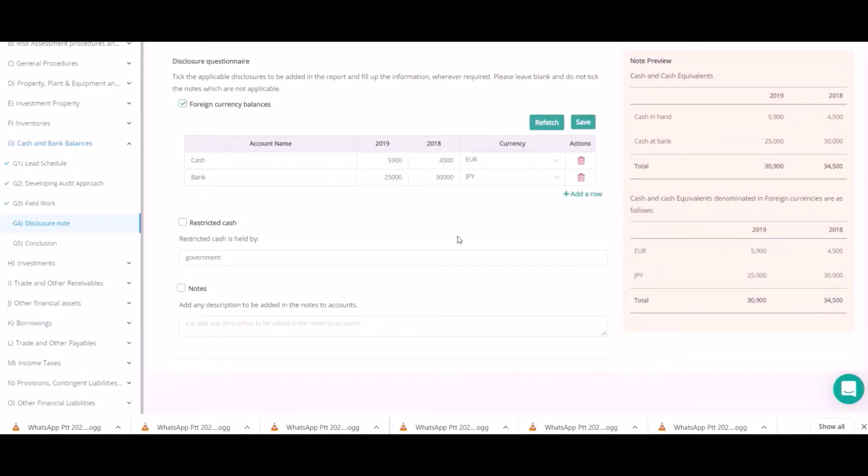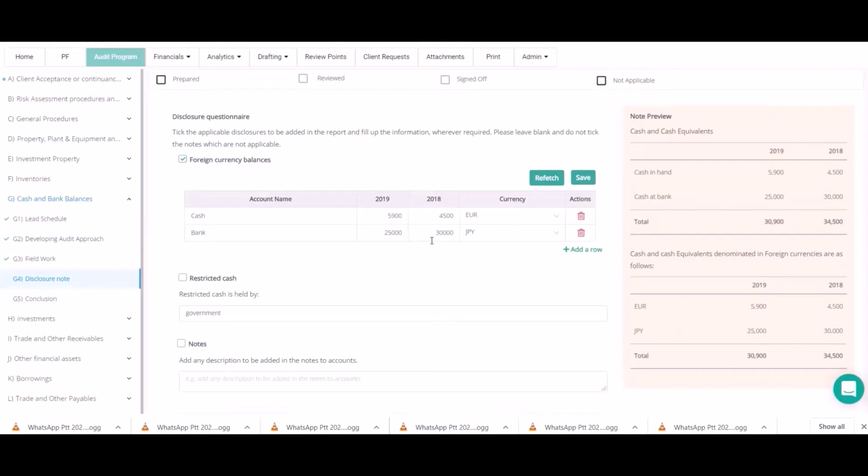In case any of the amount is restricted, you can tick the note and give the required details, and the same will be added to the notes to accounts.